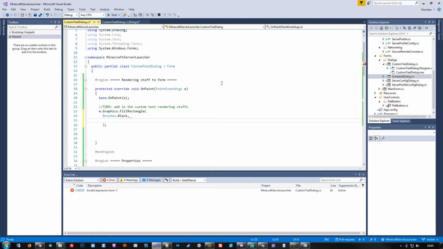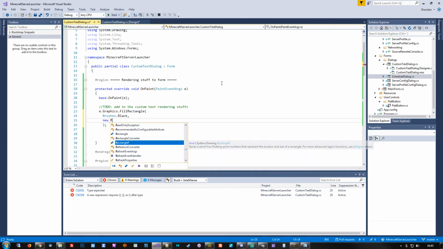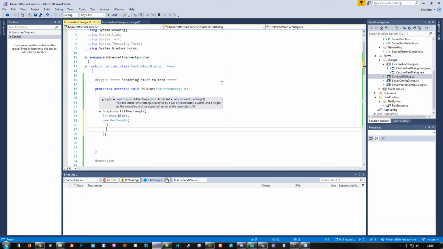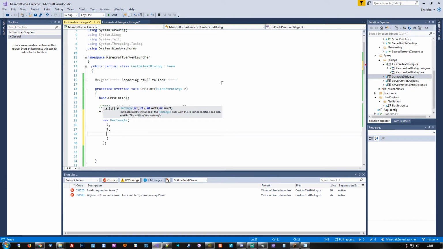So we'll make use of that. We'll do a new rectangle here, and then grab the client rectangle and offset it a little bit. Let's say we put a spacing of 7 in there, so we'll start at 7,7 and then get the client rectangle, the width of that minus 14 because we want